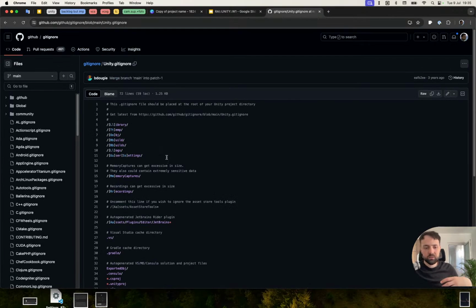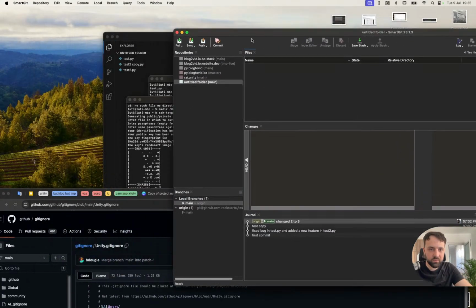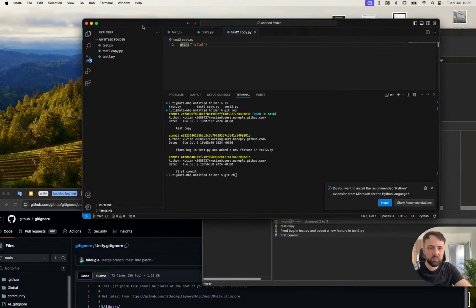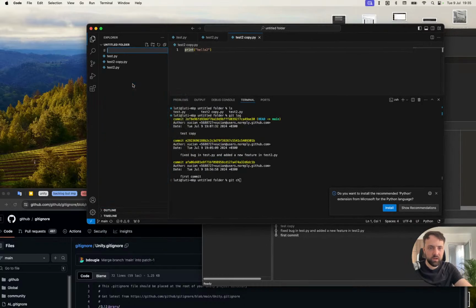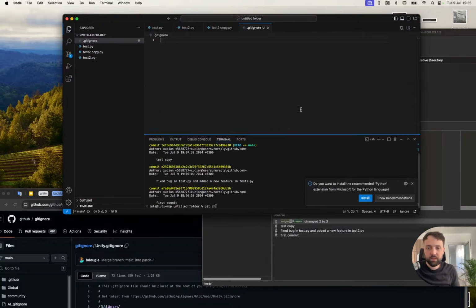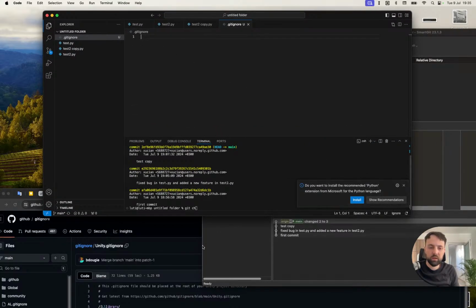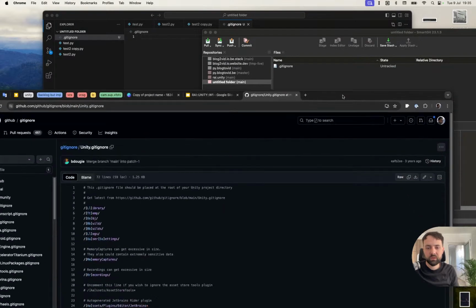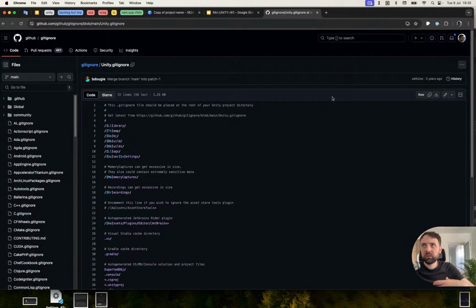And what this does, so let's go back to our folder here, right? I mean, we can see it right here. Let's create a new file, and we have to call it .gitignore. And what this does is it ignores some files from Git. And this is very important for Unity because you have to only commit the minimum amount of files which represent your project, and we shouldn't commit files that can be reproduced from other files. And for example,